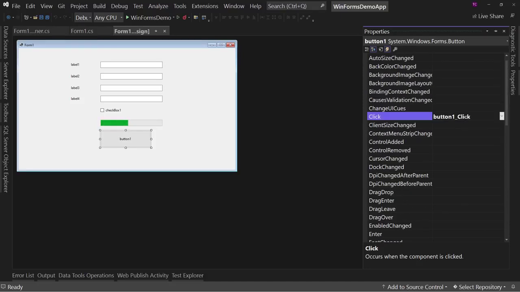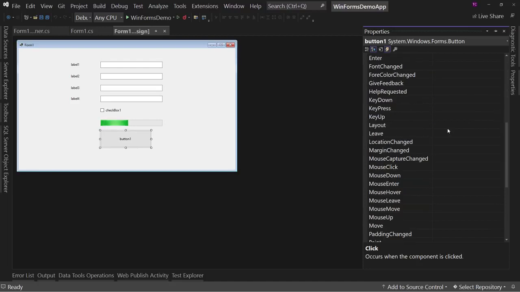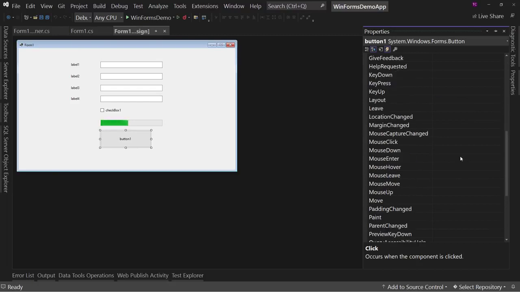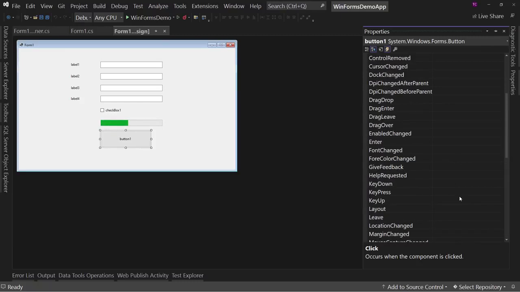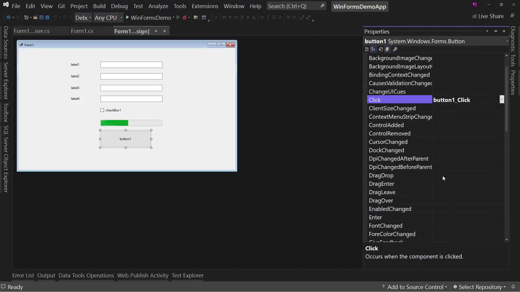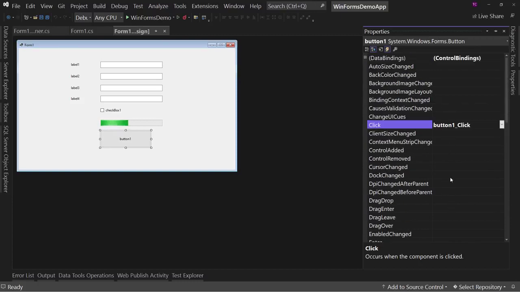So it would be if you tap it with your finger, if you click it with a mouse click, if you tab over it and hit the space bar. Those are all click events. But we could have on just mouse click. We could say, hey, you know what? When the visibility has changed, do something, which doesn't happen very often. We could have it be when you drag and drop something onto it. There's a lot of different things you could do on the event, but the standard one is for a button